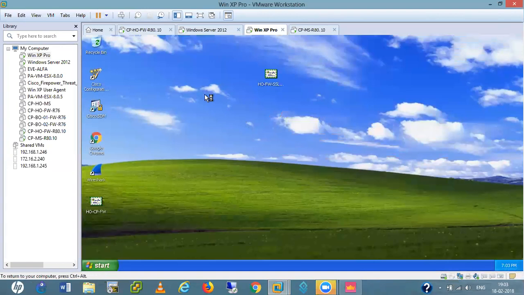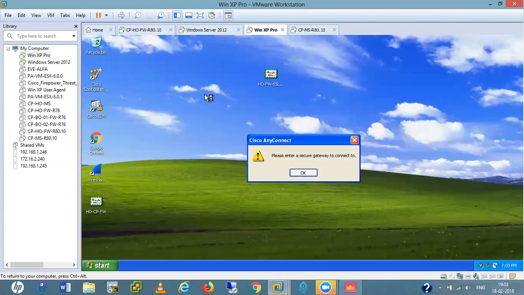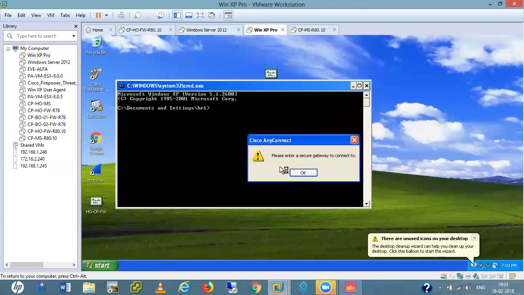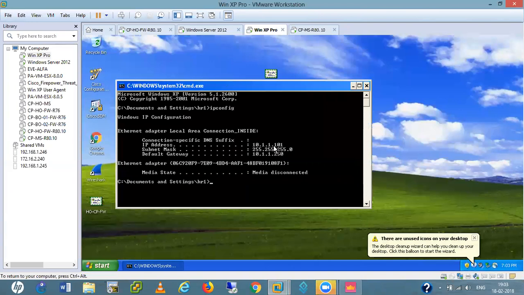It is in my inside network, so let me check the IP address. ipconfig. Okay, so it has IP 10.1.1.101.